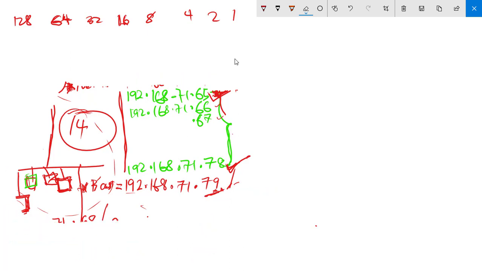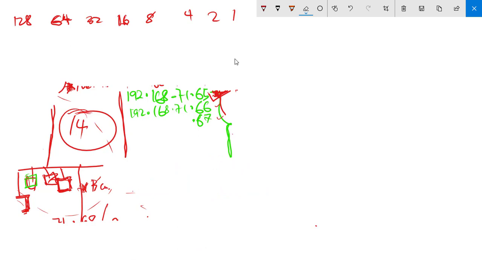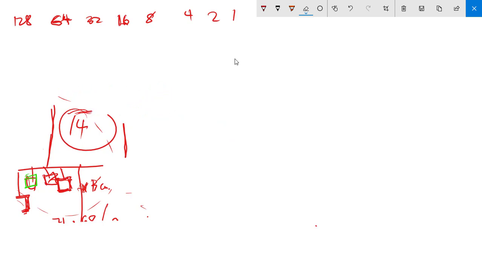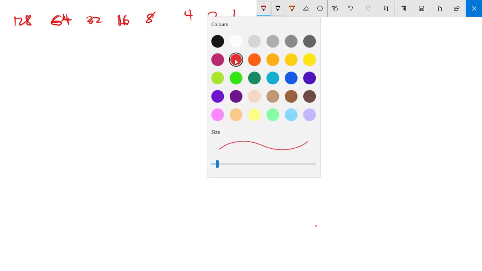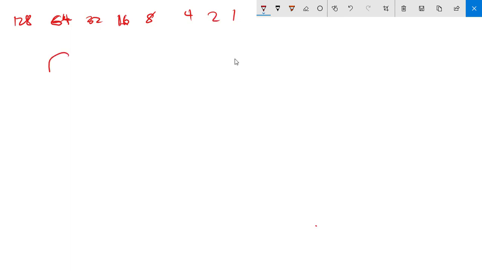So we're going to create a scenario here. We are going to design a network and fix a computer in that network, give that computer an IP address. Then we'll challenge ourselves to find the network ID, broadcast ID, valid IP range and valid number of IP addresses. So let's do it. Let's design our network: a router to a switch and a PC or a printer in that network. And then this PC has an IP address of